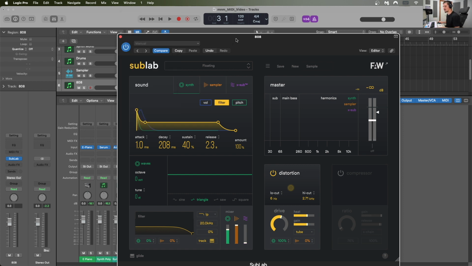And so we're really only left with the note control, which is still perfectly fine. We can still go in and automate these parameters. We would just have to do so with a mouse, drawing things in or doing them in real time. But we won't be able to actually link these knobs and faders to any of the parameters in the Sublab